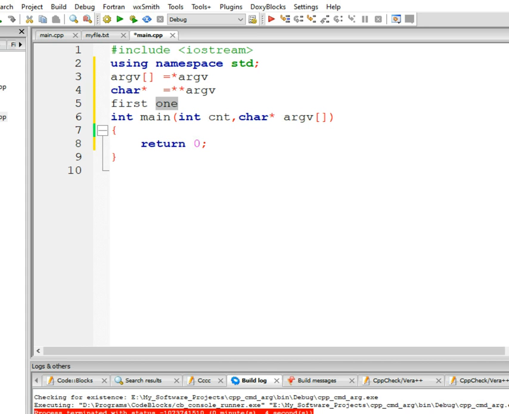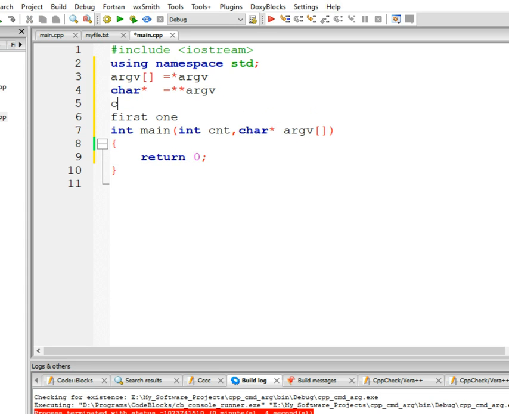So you can store this in a character array, O, N, E. So the character array is capable of storing 3 characters, ONE. Together these 3 characters form a string.